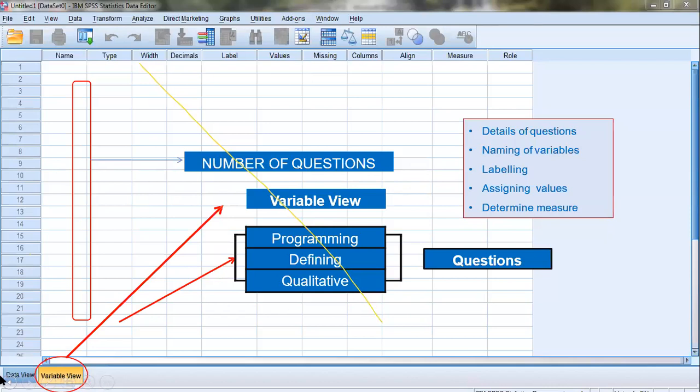Next, width of the variable. Then, if it is a numeric variable, we should explain the decimal places. Then label, values, missing, columns, alignment, measure, and role. We have to explain each variable under these categories.